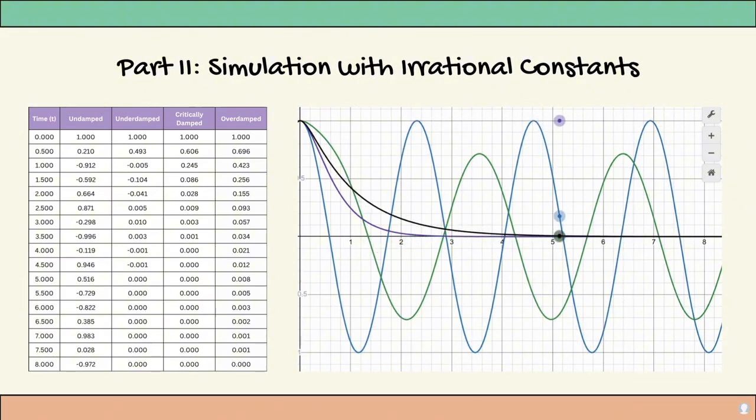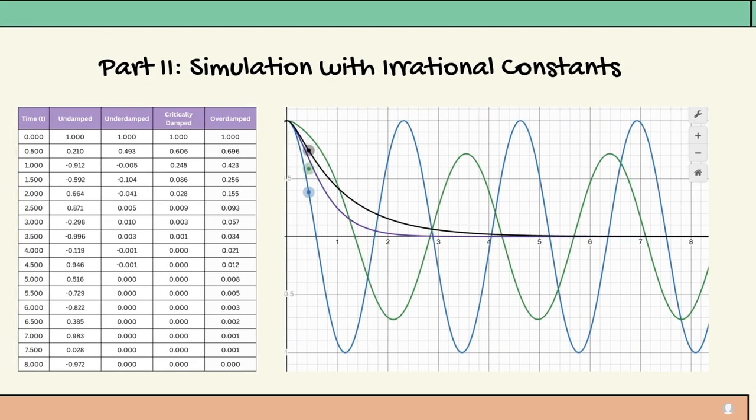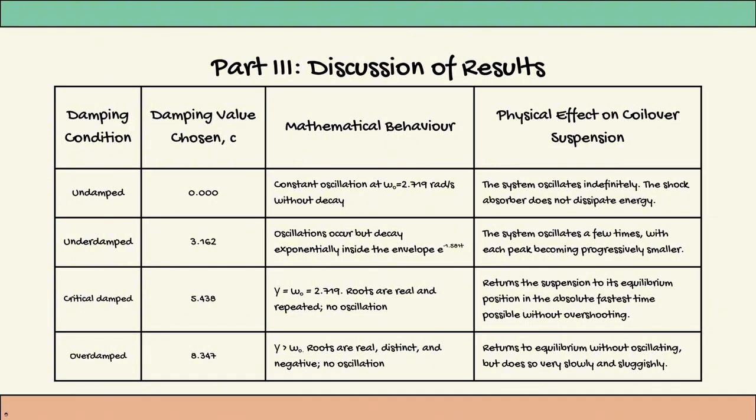Finally, the black overdamped curve takes the shape of a flat and sluggish tail because the suspension is excessively stiff. The fluid resistance is too high. It successfully prevents any bouncing, but it resists movement so heavily that it creeps back to equilibrium much slower than the critical case. For discussion of the graph, we can see that there are 4 cases, the first being the undamped